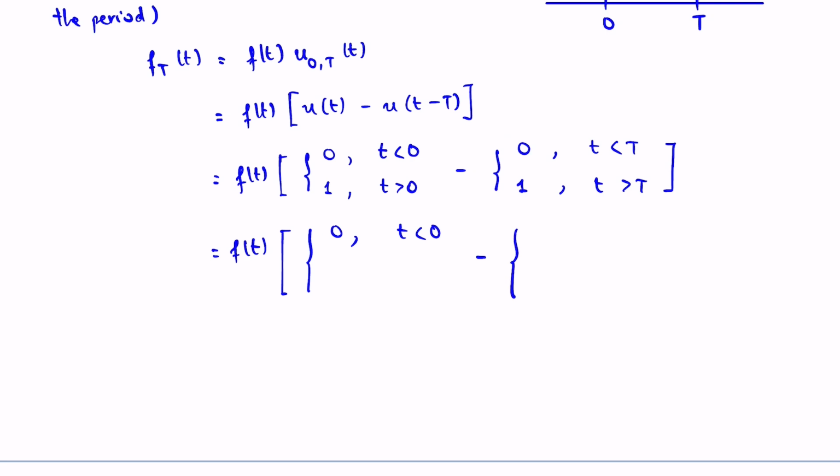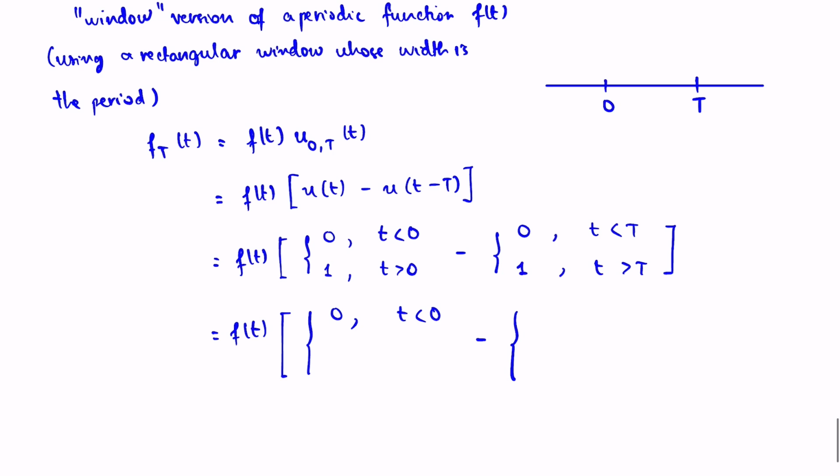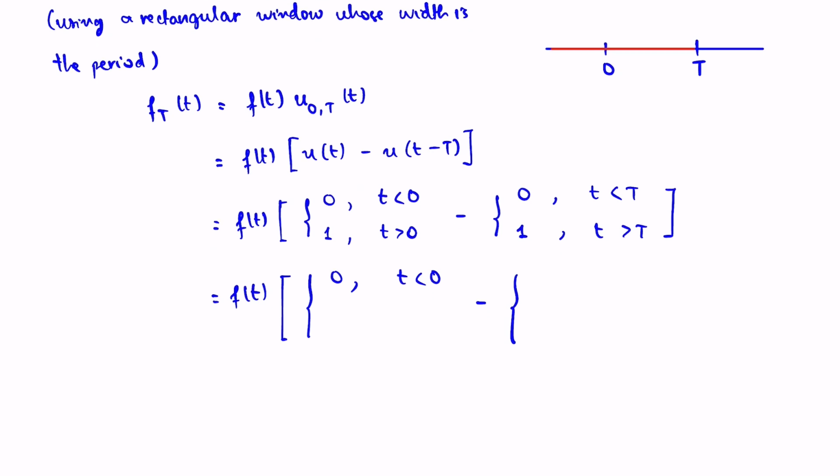Simultaneously, in the second function, you have 0 when t is less than the period, because when t is less than the period, the entire function, the red line, is equal to 0. Not only that, the function is also 0 when t is less than 0. So 0 here when t is less than 0,